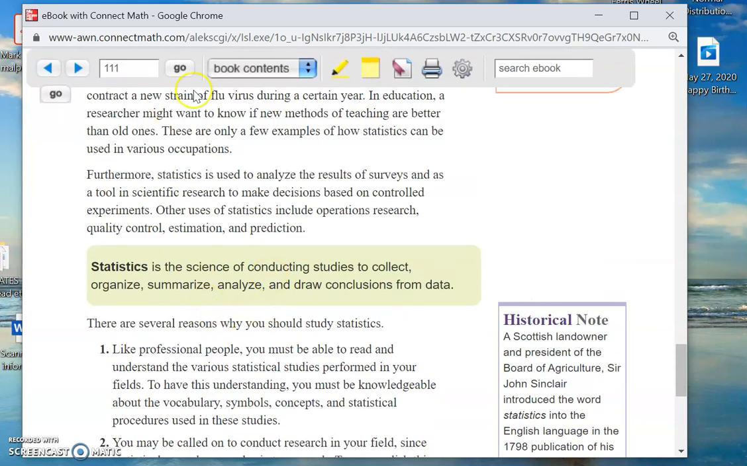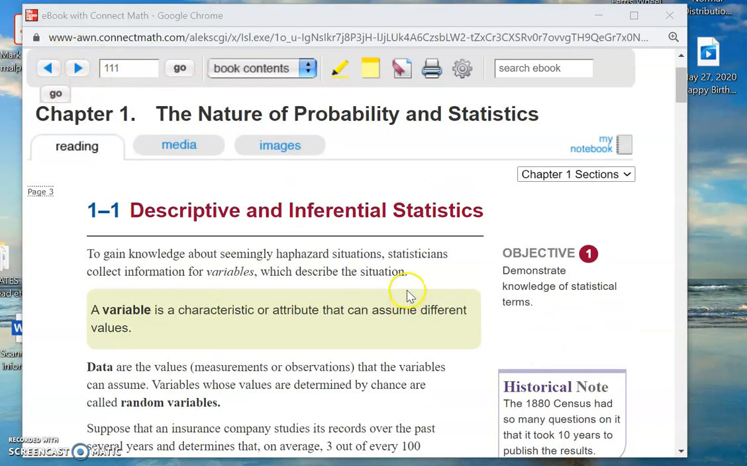Okay, so let's move on here. Section 1-1, as we've seen a moment ago, and I'm hoping you've got your books open and are reading along with me, is where we talk about what we mean by descriptive and inferential statistics. The first thing we always do in a math class is have definitions. To get knowledge about what the book calls haphazard situations, in other words, just random events,